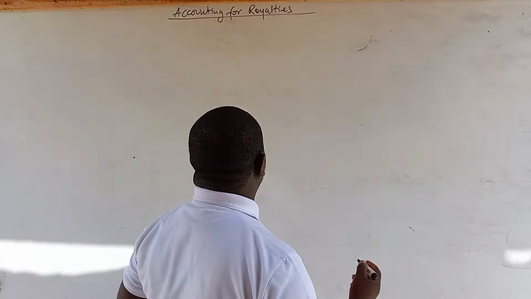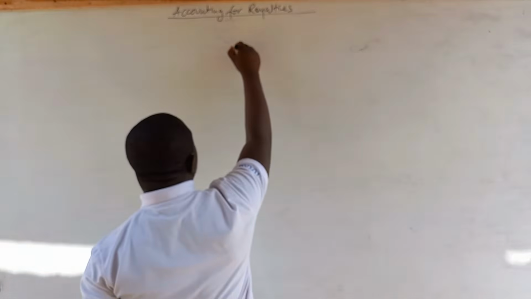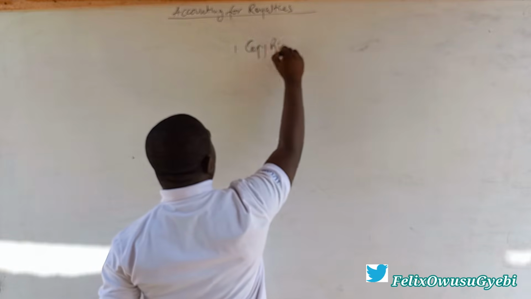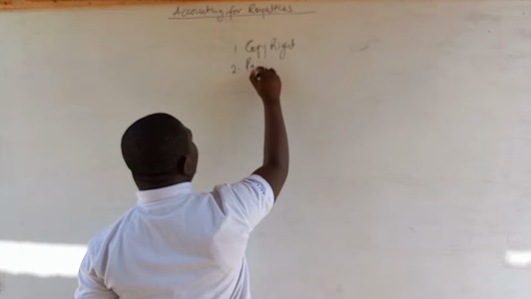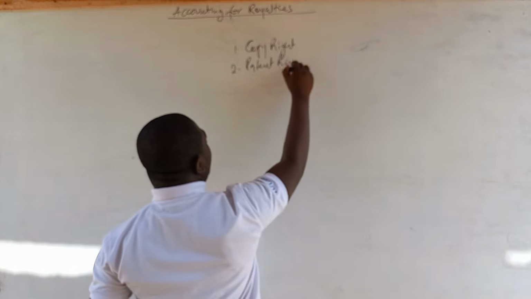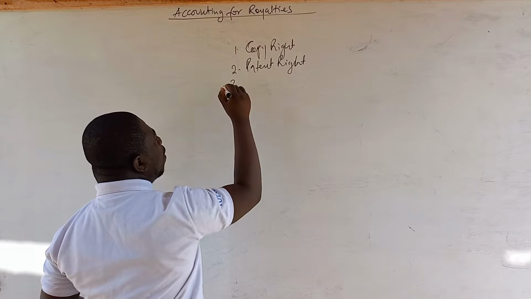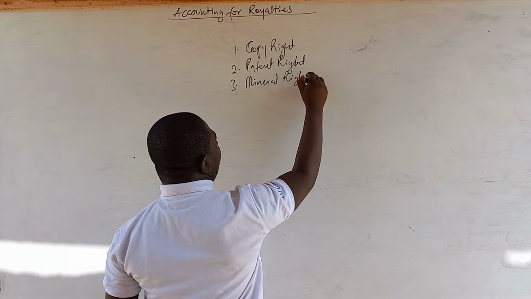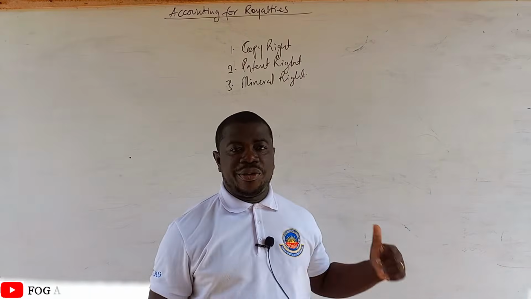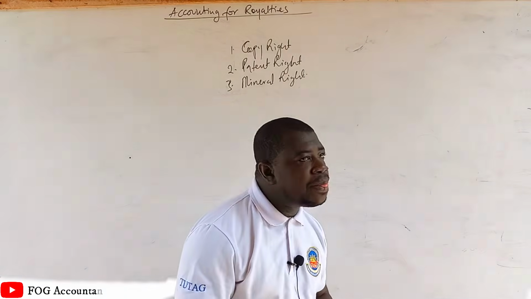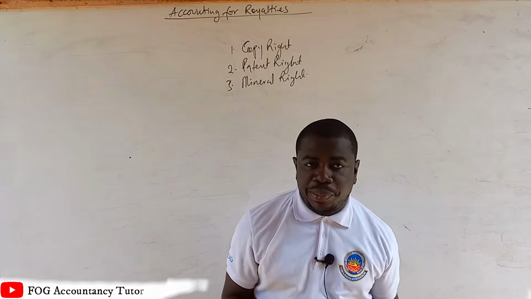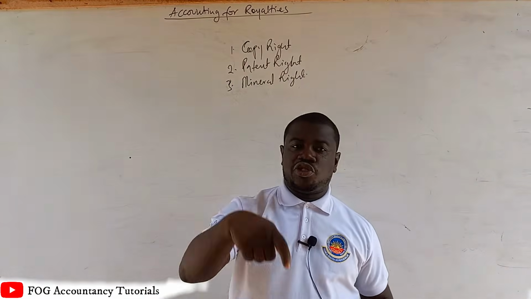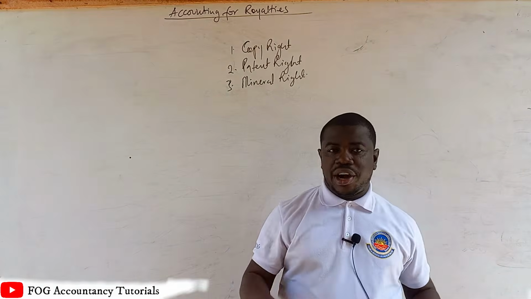Now, the legal right could be in three forms. It could be a copyright, it could be a patent right, or it could be a mineral right. A copyright is a right to copy someone's work. A patent right is a right to use a patented process or a device. And a mineral right is a right to extract oil, gold, or any other mineral from the land